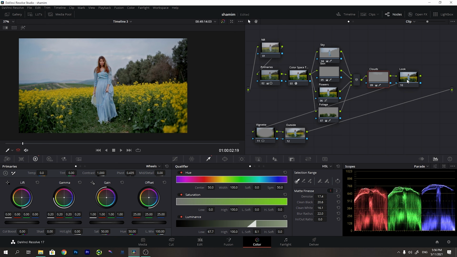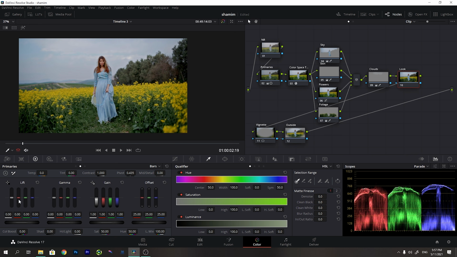Now I move to my look node, and in this node I want to give the picture my desired feeling and look. You can play with these sliders here, but if you have a DaVinci Resolve panel, it is really easier to play with this. But if you do not have a DaVinci Resolve panel like me, I recommend you go to the bars tab and start adjusting these with your mouse wheel. It is really easier. It is the same as these, but it is only easier with a mouse. So I recommend that instead of playing with this, just go to the bars and start playing with these